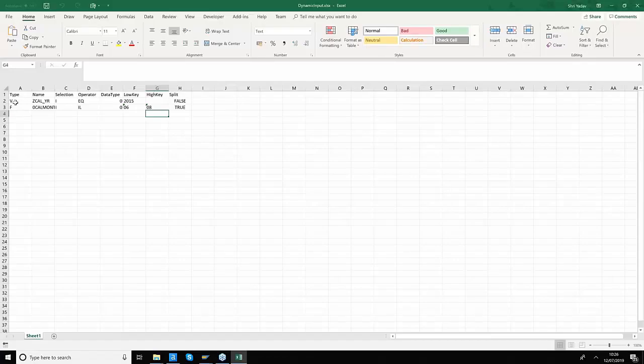So there you go. So we are saying we have a variable called zcal year and we want to replace the value. Instead of 2012, we want to bring data for 2015. And also we want data for calendar months starting between 06 and 08. And then if I now close this file, go back to Alteryx, that same file is sitting here.